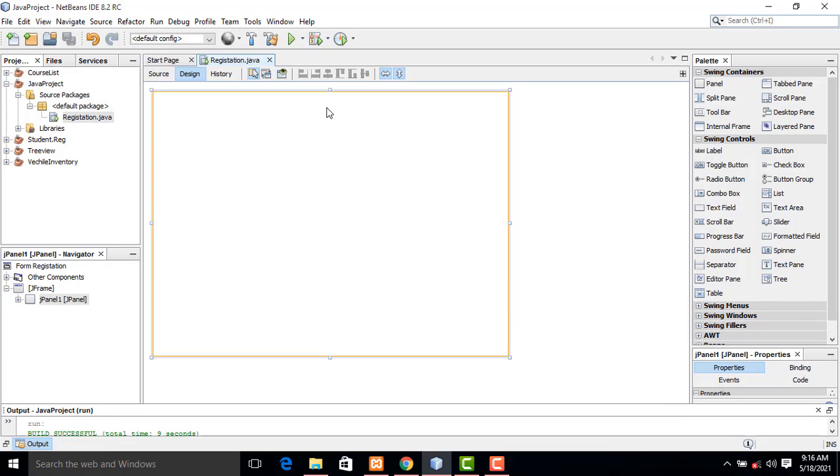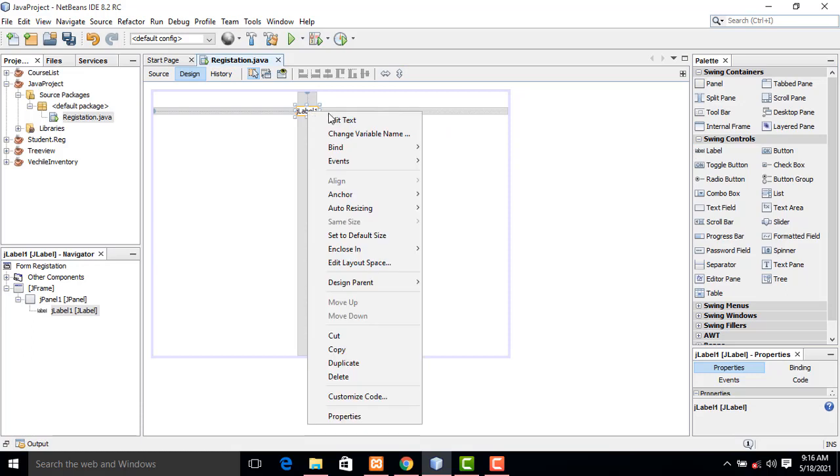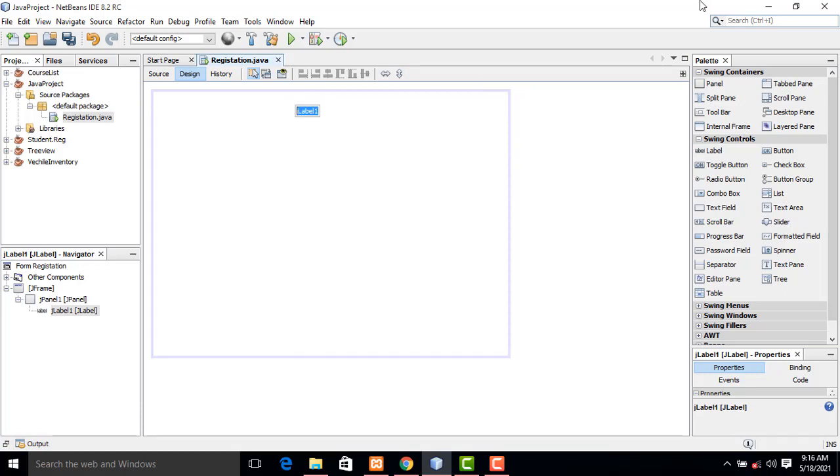Now after that I am going to add the title above. So drag the label, right click, and here we have to create a new user. So write registration, or new user, anything else.